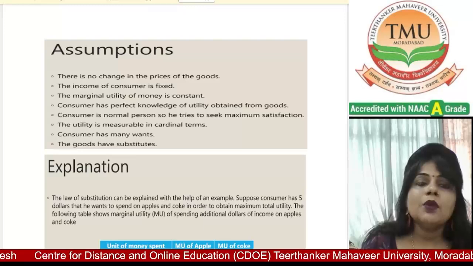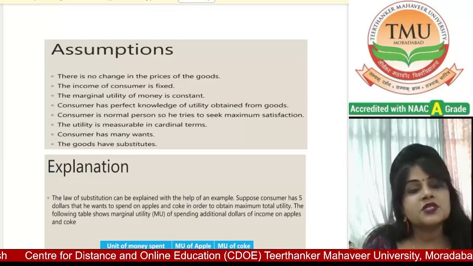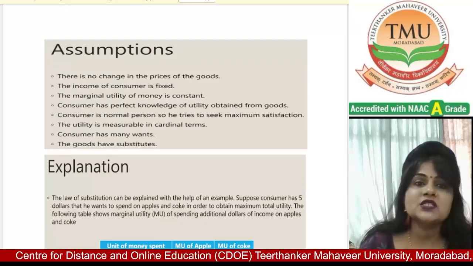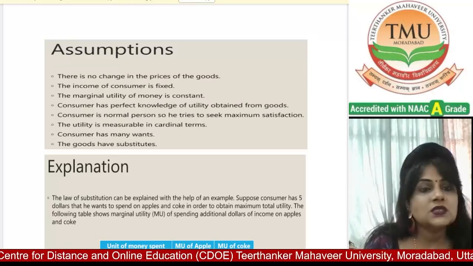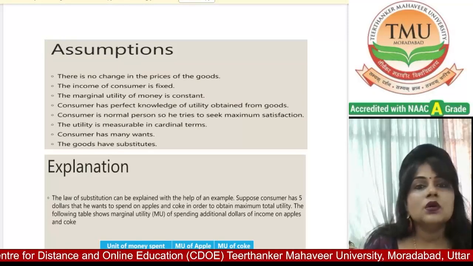Now the income of the consumer is fixed. The consumer's income is fixed and limited. The marginal utility of money is constant. So